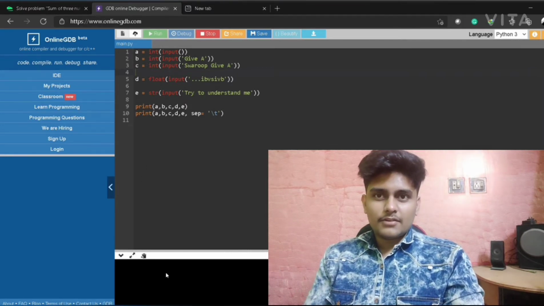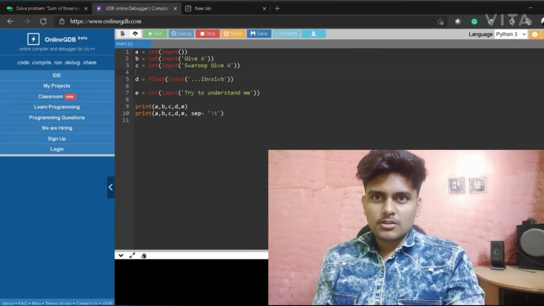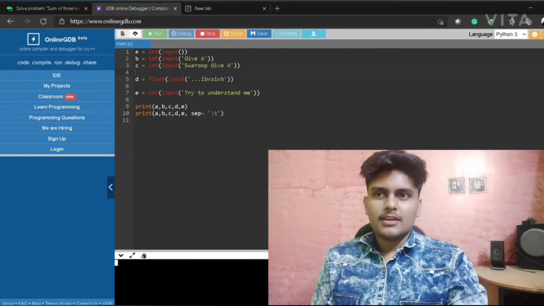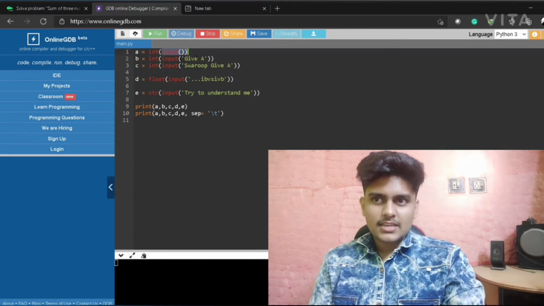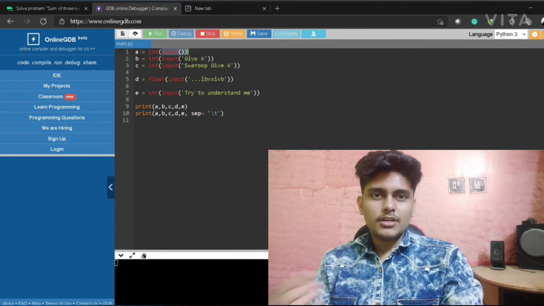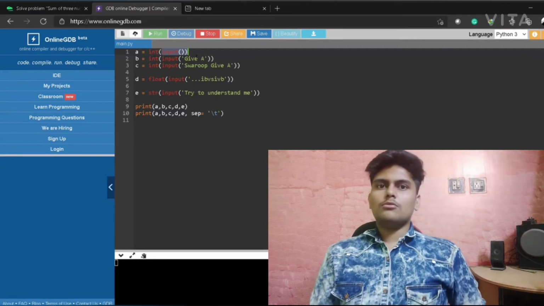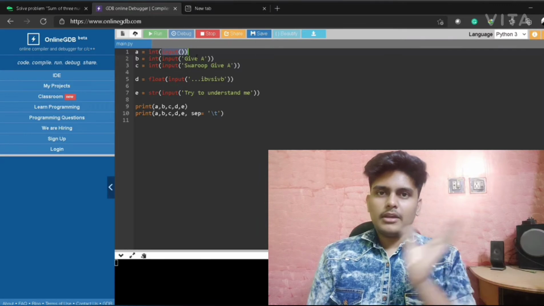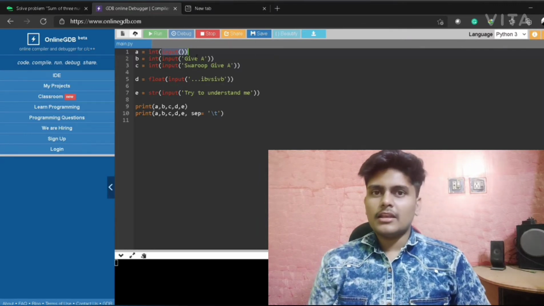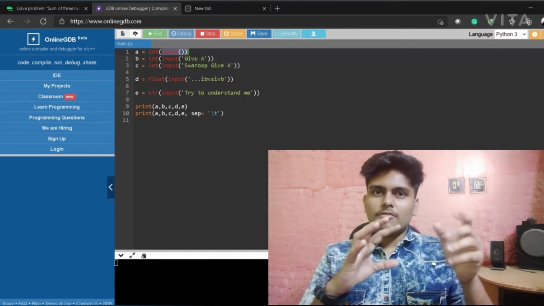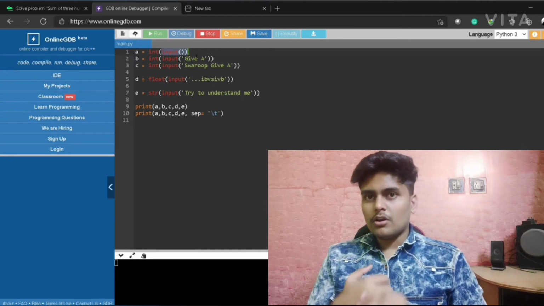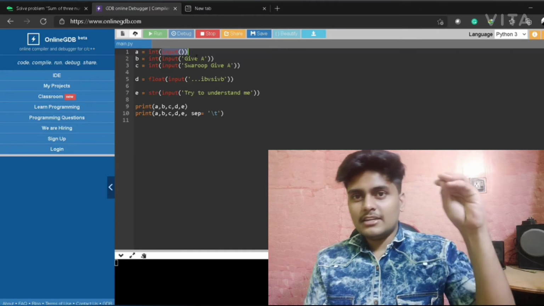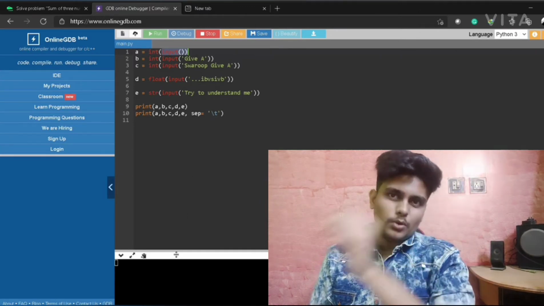So in the first line, when we run, here is the output box and it's just blinking. What does that mean? In the first line you can see I have given a is equal to int of input. I have told you input with brackets is the syntax for taking input, but now I'm saying int of input. Why am I saying it like that? Because the compiler is expecting the user to give an integer value that will be assigned to a.